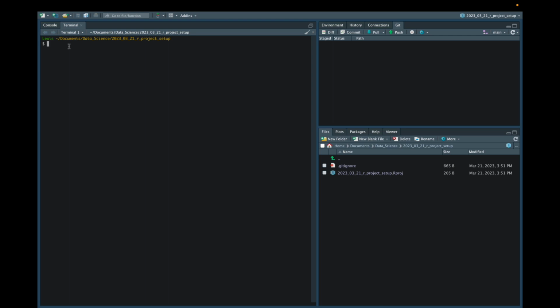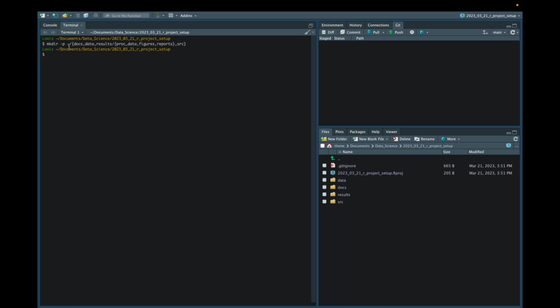Now we can enter the shell command that I spoke about. With this not being a lesson on the Unix shell, I won't explain this command in detail here, but what